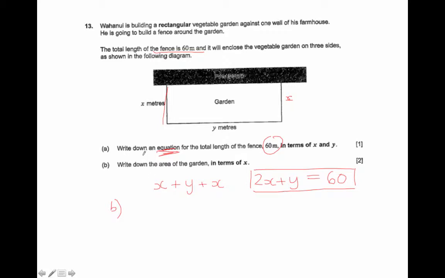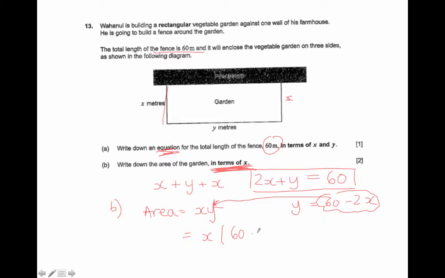To write down the area of the garden in terms of x, and that's in bold, so that's important. The area of a rectangle would be length times width, or in this case, x times y. However, if we just want it in terms of x, then I need to substitute in y, just in terms of x. That's where this is useful in part A, because from this, if we rearrange, we know that y equals 60 minus 2x. So if I substitute this for y into this y,